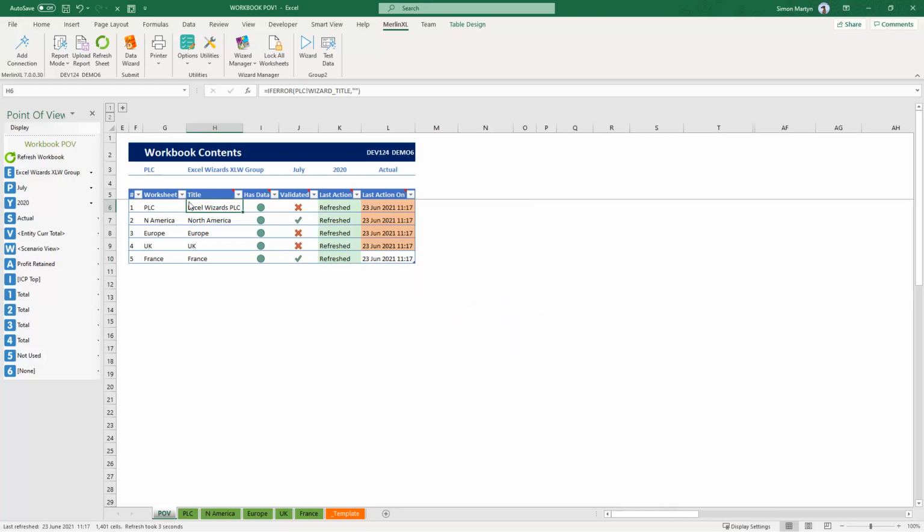And all the HFM data in the workbook is updated. However, it should be noted that selecting the Refresh Workbook button does not update the contents table in the POV sheet. To update the POV sheet, you must select the Refresh Sheet button in the ribbon. And the only time you need to refresh the table in the POV sheet is when you've added or deleted